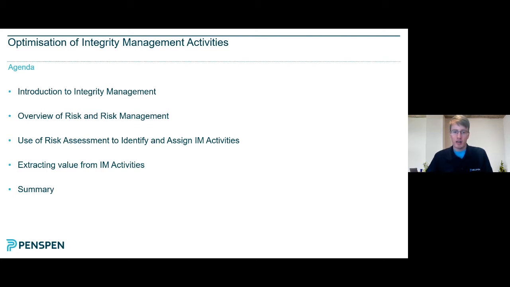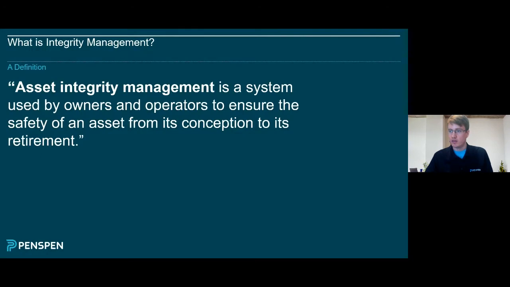So our brief agenda is to firstly introduce the concept of integrity management and then move on to the topic of risk and risk management within that context. Discuss how risk assessment can be used to identify and optimize required inspection integrity activities, and to look at how we can potentially maximize the value of the data and the information that we gather from these activities during the pipeline life cycle. So without further ado,